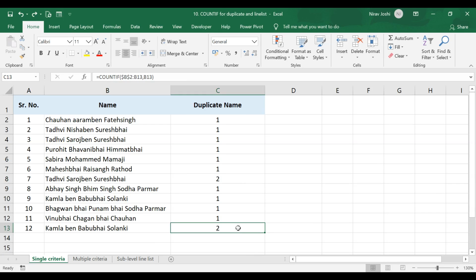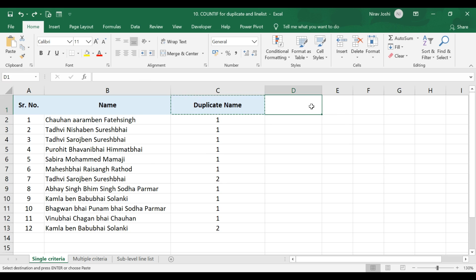Thus if the count is more than 1 here, it means that this specific value is a duplicate of a previous value. Here we are using a running range in which we have fixed the first cell and let the second reference cell move downwards as we drag the formula. Instead of that we can also use a fixed whole range, that is from B2 to B13.